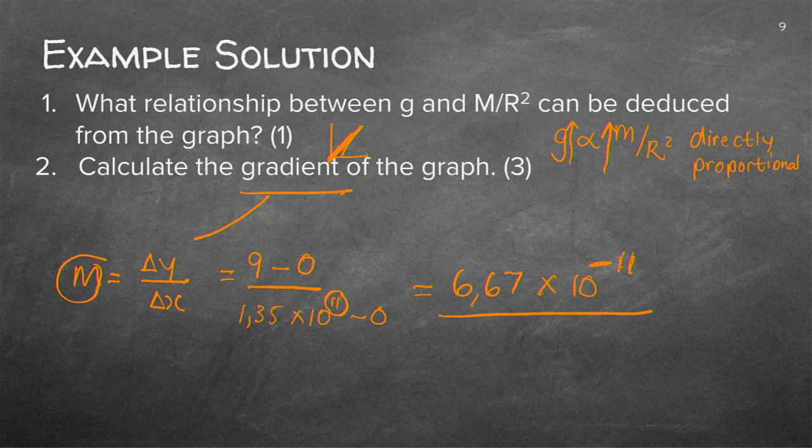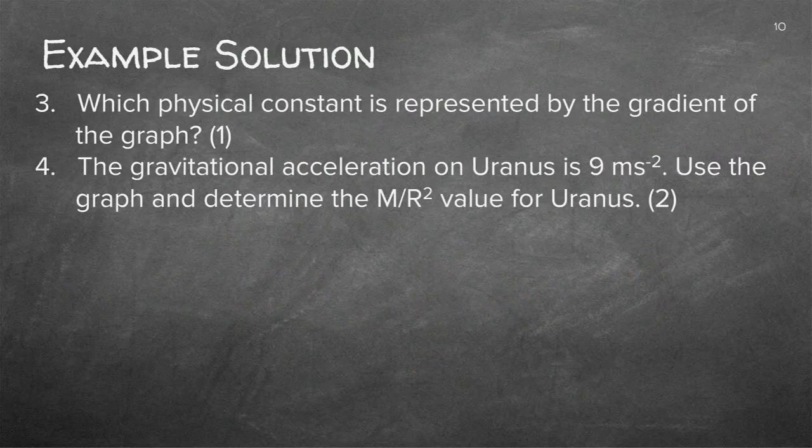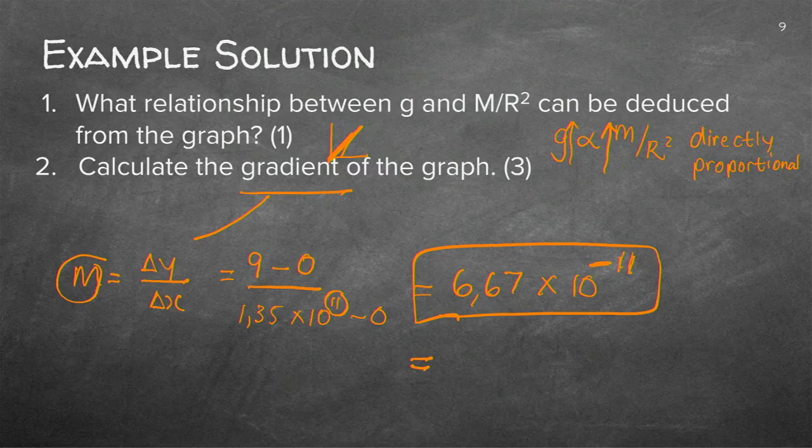And have you seen any number that looks like that? Have you seen a relationship more or less in that area? Yes, you have. So that's the answer for the gradient. What did they ask me? Which physical constant is represented by this gradient? Well, you know, it is G, the universal constant, because we just calculated it. Just have a look. Do you see that value? Similar to the value that we've used all along. That's the value G, and that's what you calculated when you got the gradient.